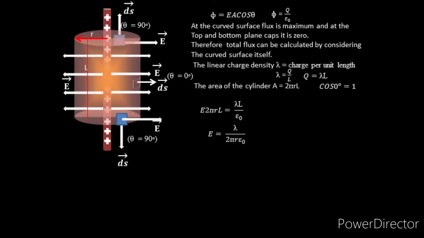Okay, this is what Gauss law does, and by the application of Gauss law, it is very easy for us to calculate the electric field by considering the symmetry rather than applying Coulomb's law. This is one of the main advantages of Gauss law, and we are going to consider many applications of Gauss law